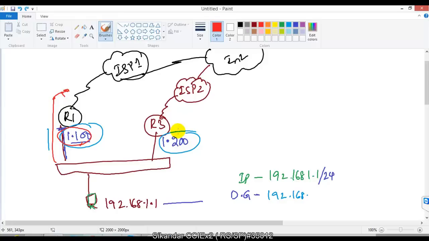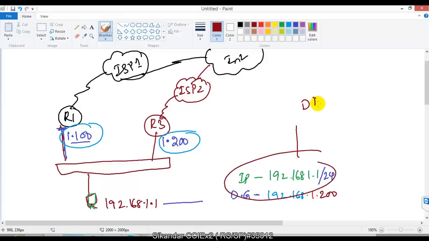And changing the gateway in the production network is not possible. You cannot even say that I will use 192.168.1.100 as a gateway for all my users in the LAN. In case they complain that they were not able to access some services on the internet, I will change the gateway to 200, which is not possible, because the users will already be getting the IP address through DHCP, maybe, in production networks.